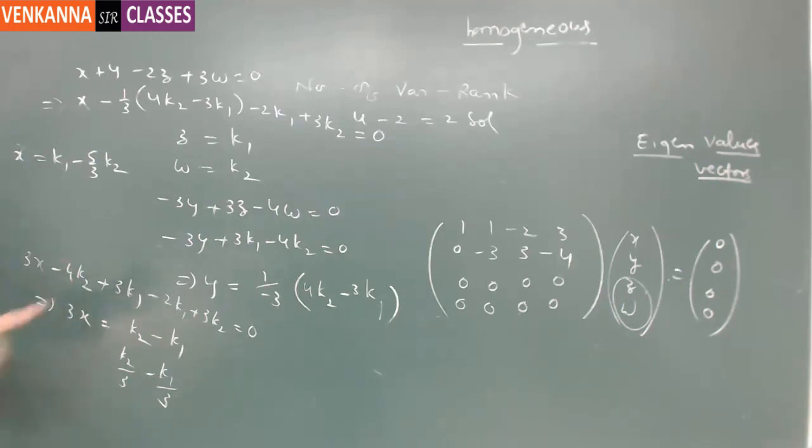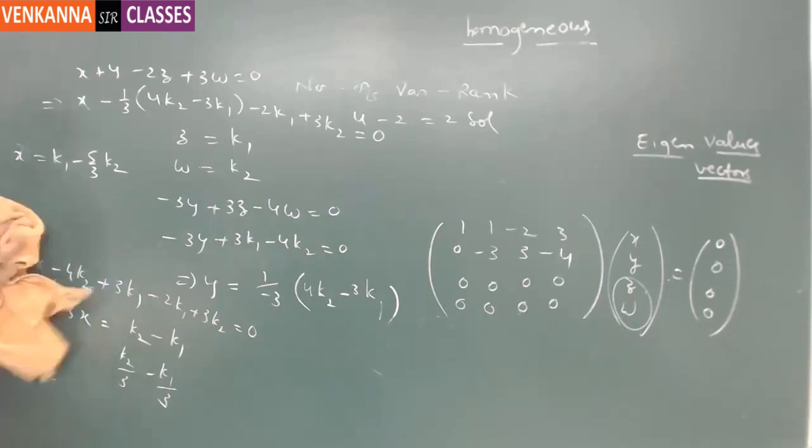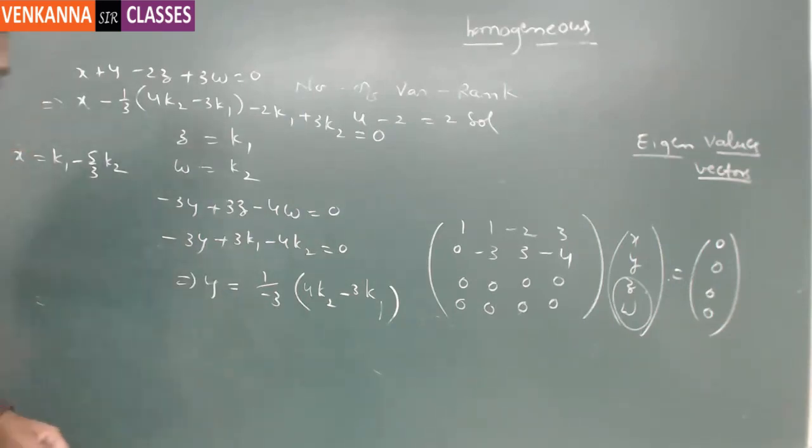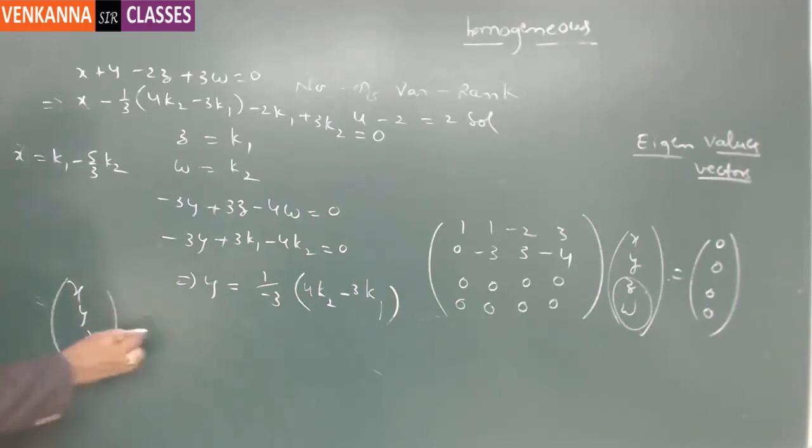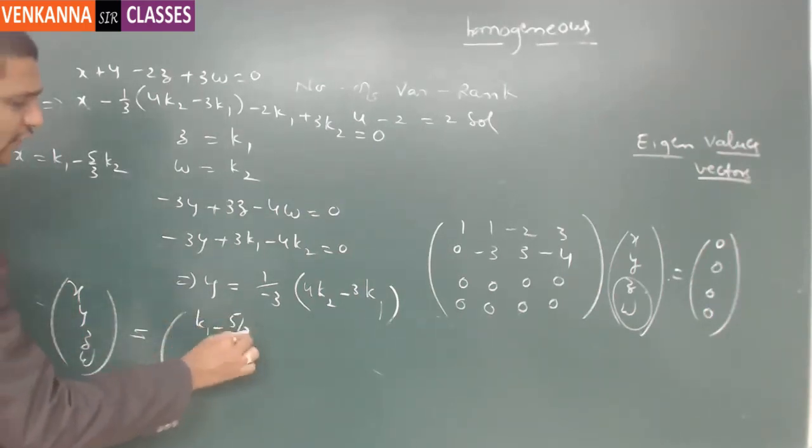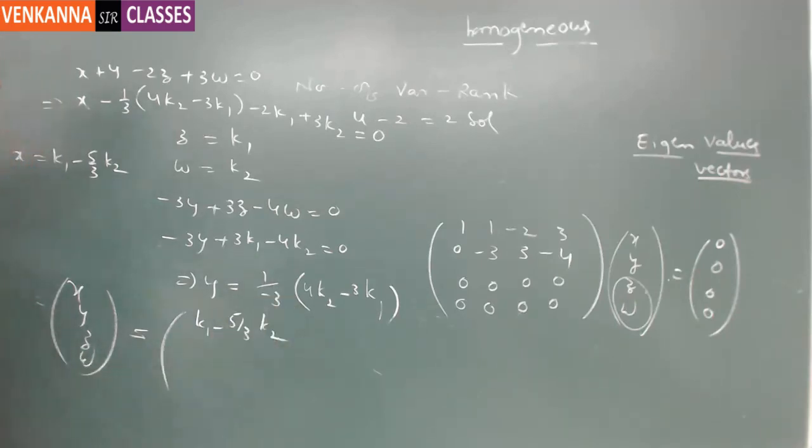Sorry. Yes, I agree with you. Thank you. k1 minus 5 by 3 k2. So the corresponding solution will be, so k1 minus 5 by 3 k2, then you can write it as